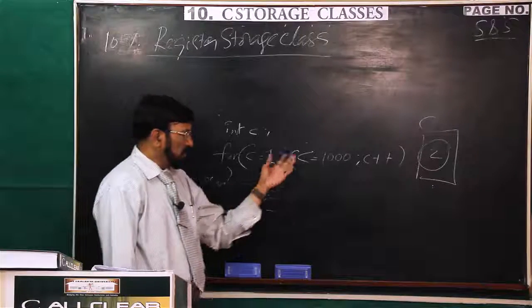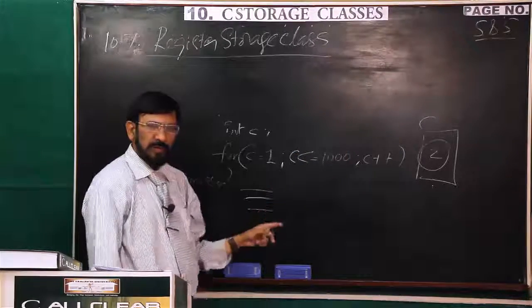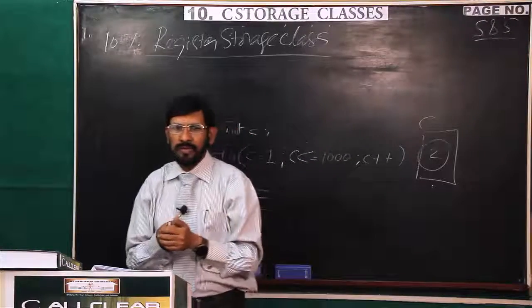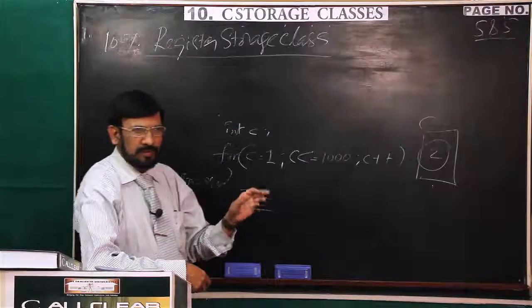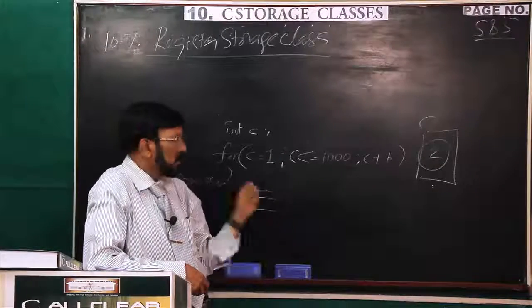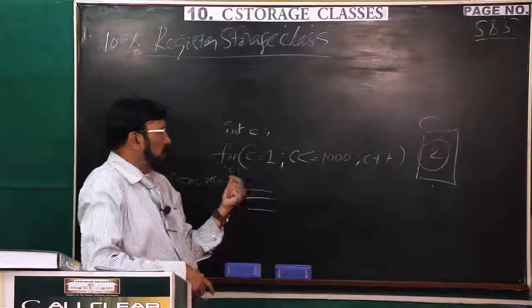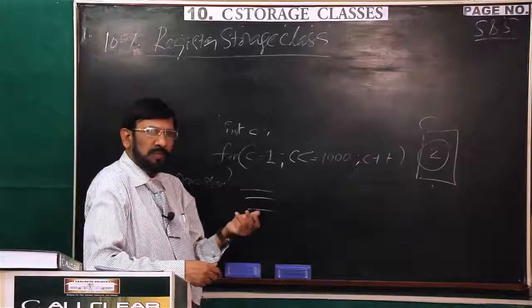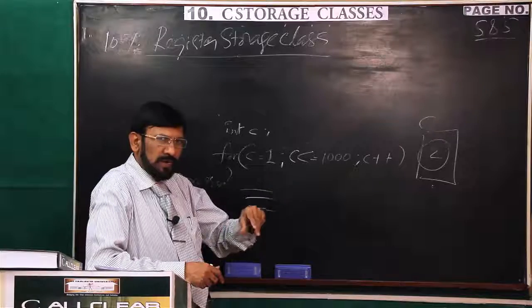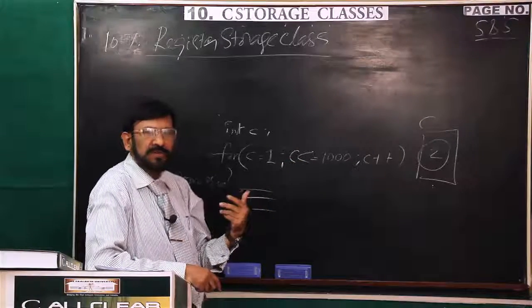So, a lot of overheads are involved. Every time it has to go and get updated and come back to the processor. It is like storing all the commodities in a storeroom, not in the kitchen. Every time you want something, you go to the storeroom, pick it up and cook. Then a lot of overheads are involved. So what strategy do you follow? Whatever necessary things are frequently used, you keep in the kitchen only, not in the storeroom. Then the efficiency is increased.